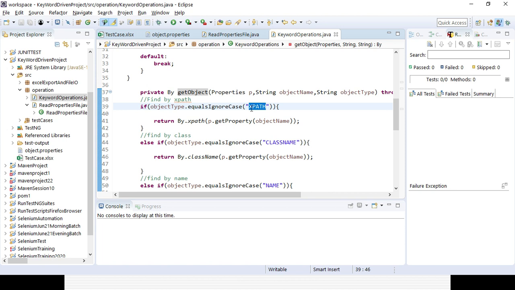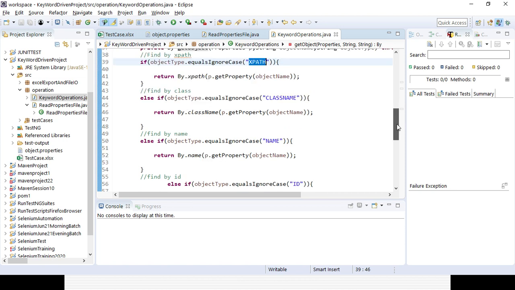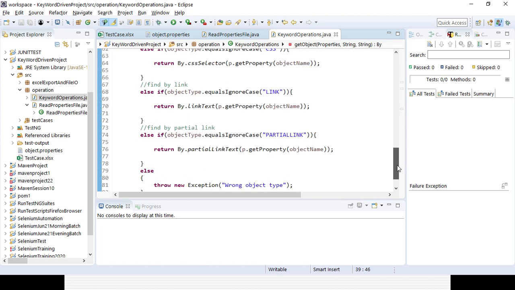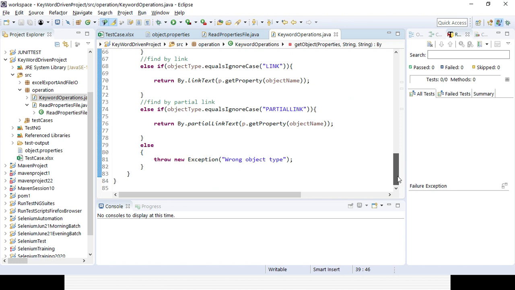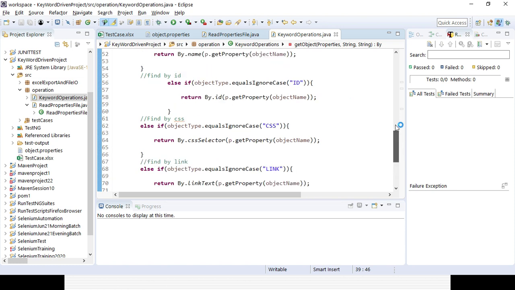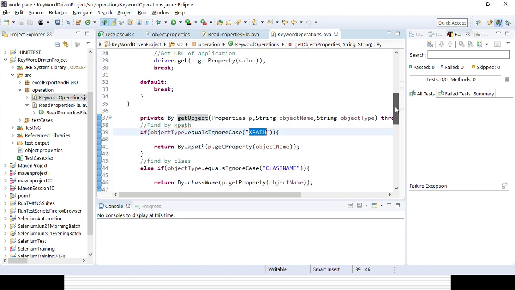In case it is XPath, so it will return by.xpath. In case class name, right? ID, CSS, link, partial links, everything. In case nothing matches with those 8 or 7 element locators, it will throw that wrong object type. So that is the one method I am creating here for capturing that element locator.